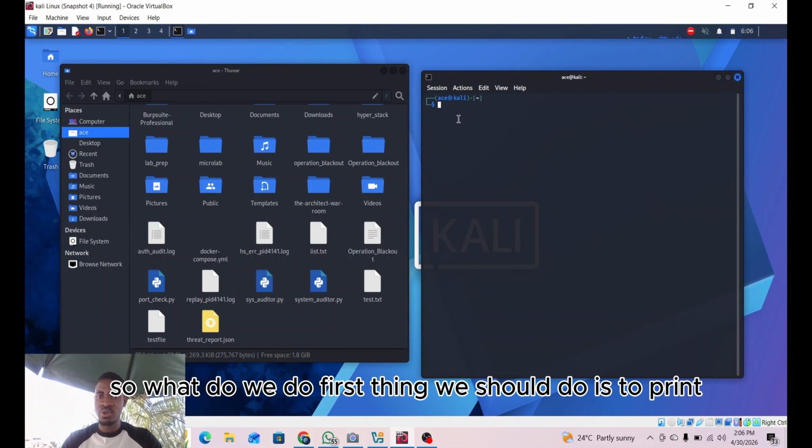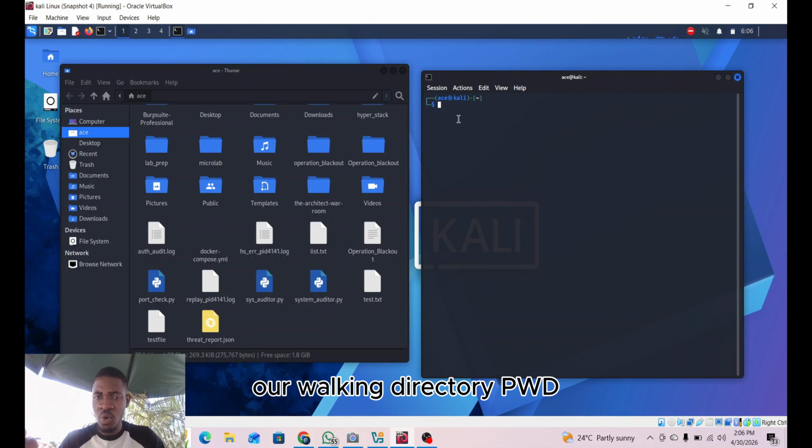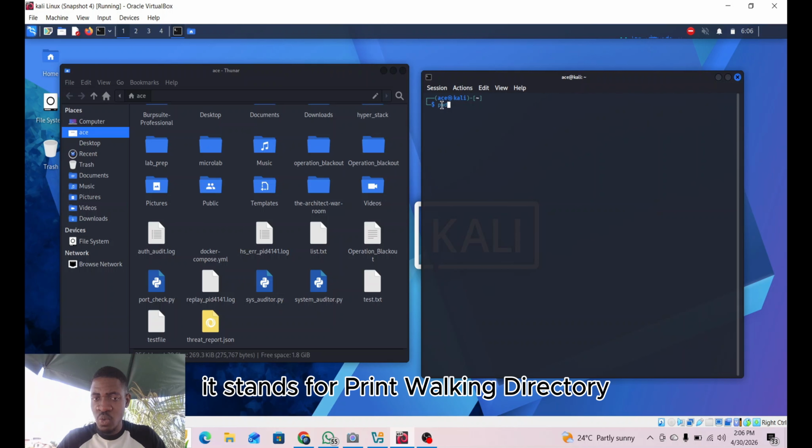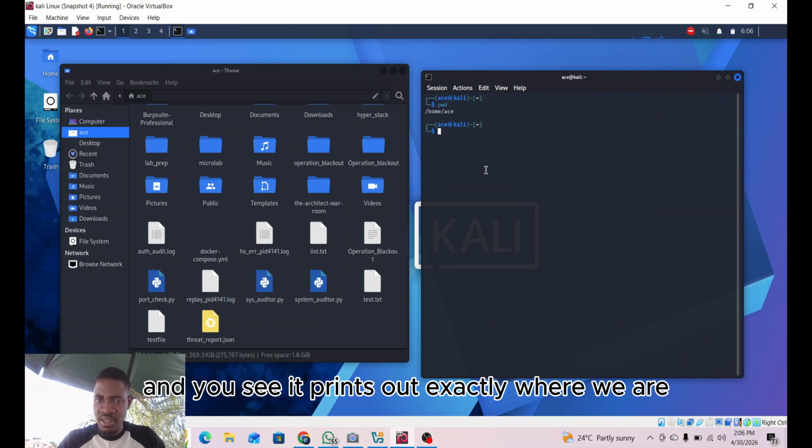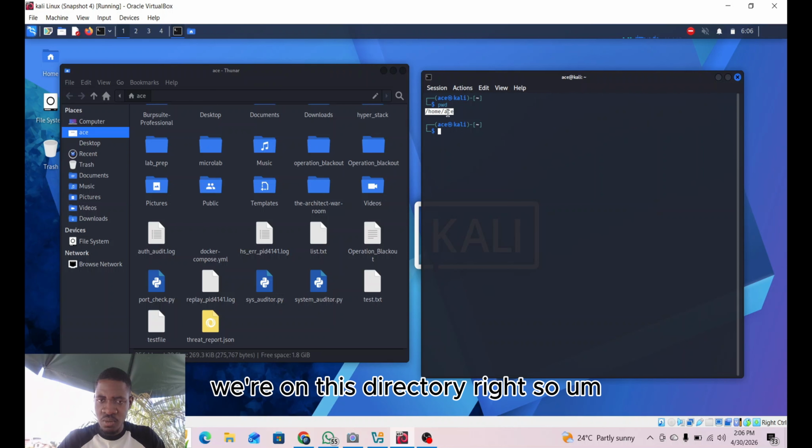First thing we should do is to print our working directory, pwd. It stands for print working directory. We click on enter and you see it prints out exactly where we are. We're in this directory, right? So